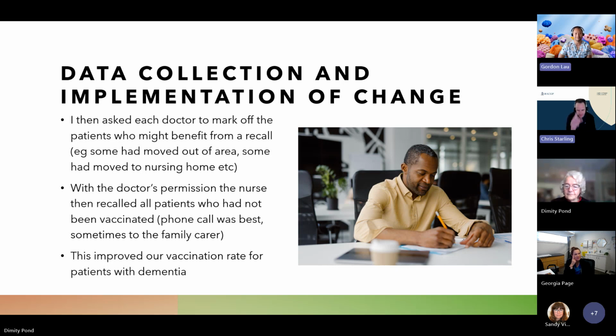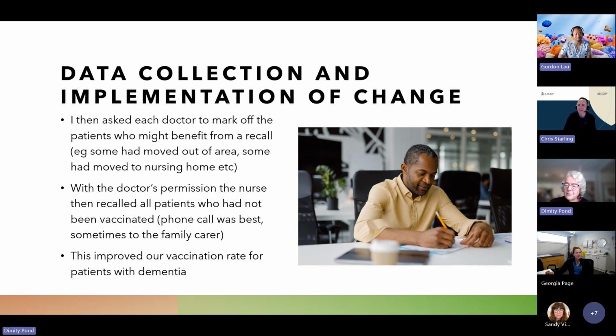data as well, because as you were talking just now, I was thinking about, if I just did an audit in Best Practice, it would only show me the immunizations they've received through us. So then I'd have to go into every patient and look it up. Yeah, that's right, it's so many extra steps. I started thinking, what if they got it at the pharmacist or another GP surgery, or it's just so hard